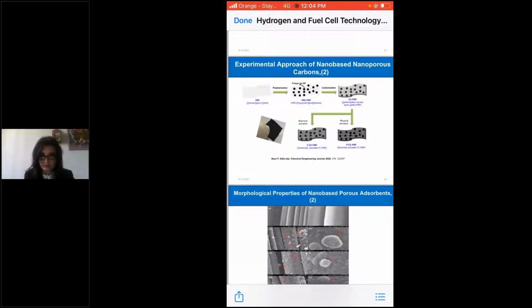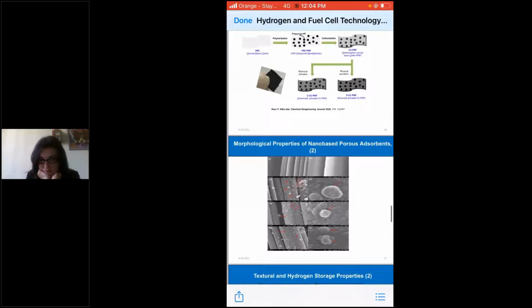I mean, like we get a carbon fabric with a surface area of around 2,500 meters square per gram, and it's very nice for processing. You can just roll it inside the cylinder, and it will not take much volume actually, which is very interesting also. And we get a very good hydrogen storage uptake, and also good selectivity, because